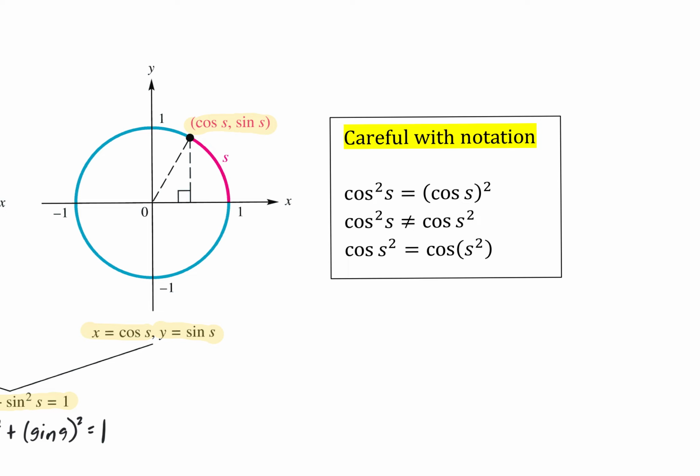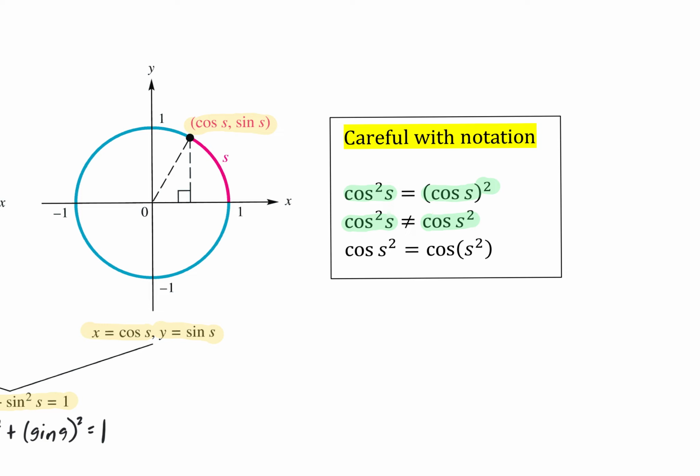Because notice that cosine squared of s is the same as saying, well, we're going to take cosine of s, that whole quantity, and then we're going to square it. However, if you write cosine squared s, it's not equal to cosine of s squared. Those are very different. If you were to put both sides into, say, Desmos, y equal to cosine squared s and y equal to cosine of s squared